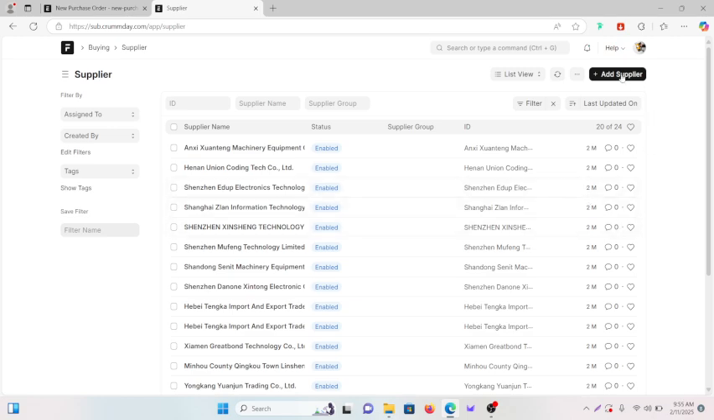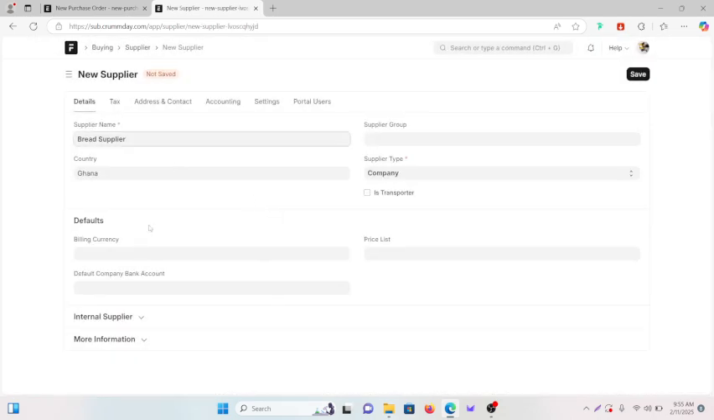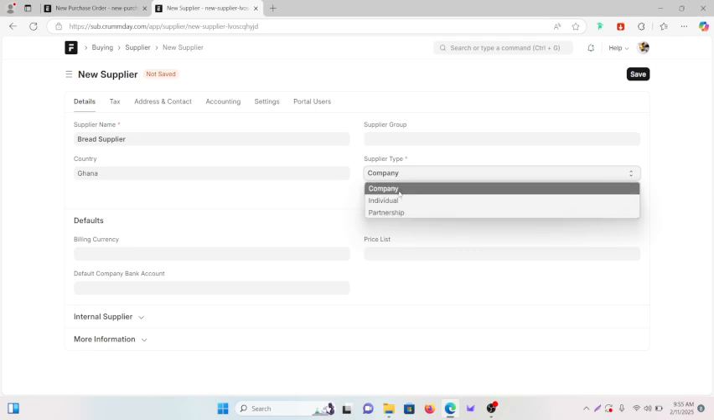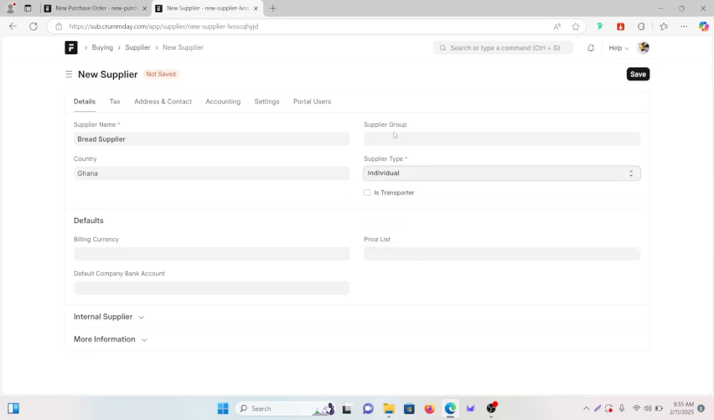You want to add a new supplier, so you click add supplier. Here let's type in the supplier, and let's call it bread supplier. And then let's click edit full form, so we can actually have more options. So here you can see that it's asking if the supplier type is an individual, a partnership, or a company. So you have to find out if the supplier is a business, an individual, or a partnership, which is more like two or more people that have set up a business, but it hasn't been registered as a company. Let's assume the supplier you are buying from is an individual,